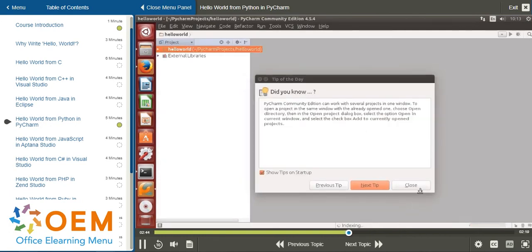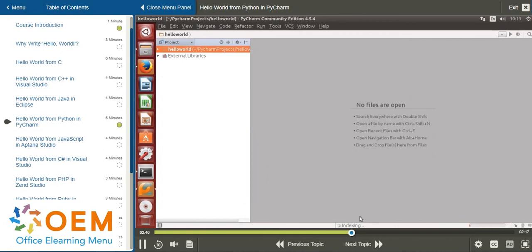Now, the first time you run it, there's a little bit of work that goes in behind the scenes. You can see there's a process running here. It's just doing some indexing and building my system accordingly. Once that completes, I'll right-click on my project,